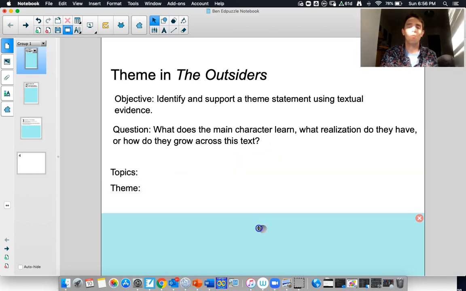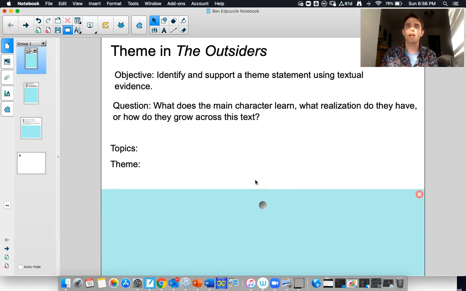So one big thing that we need to cover before we actually go into the text is the difference between topics and themes. There's a very clear difference, and sometimes they can get confused. So topics are often mistaught as being themes. There are things like love, revenge, hate, all of those big, broad one words.